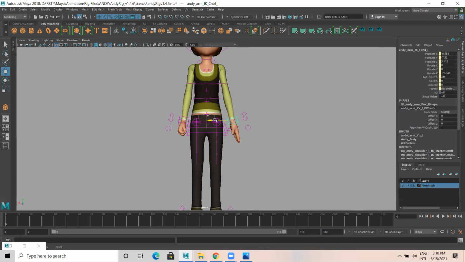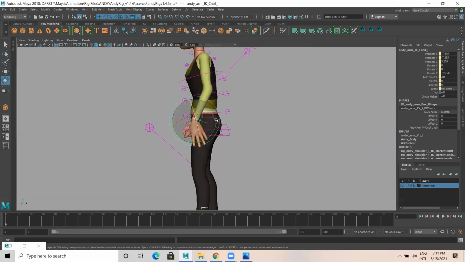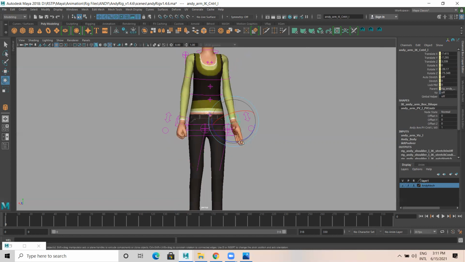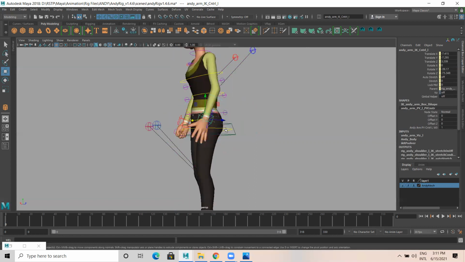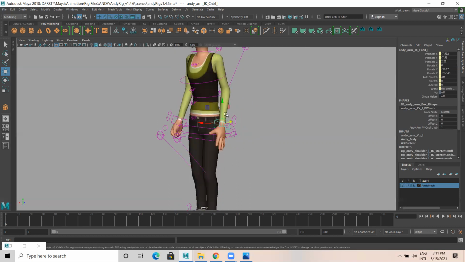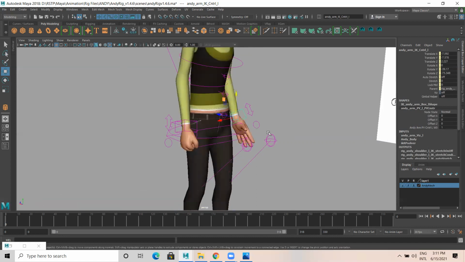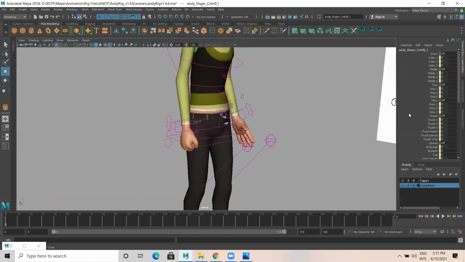Make sure the gesture, every pose, has to be really good. Similarly, I select this.